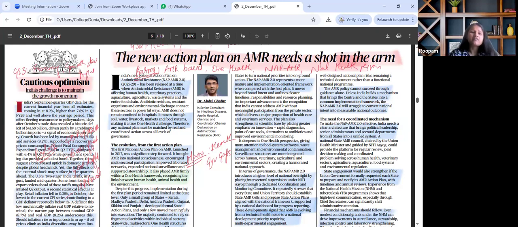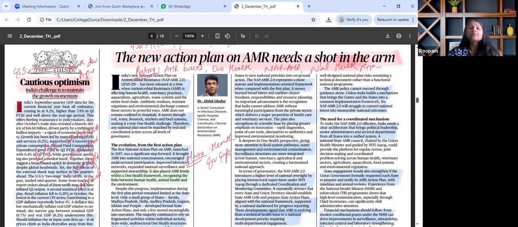For mains perspective, the same is to be seen through the lens of structural versus cyclical growth model, inflation and growth dynamics, policy implication for RBI and government, and export slowdown and global linkages. This is how this particular article is to be holistically read and revised with the help of certain basic core